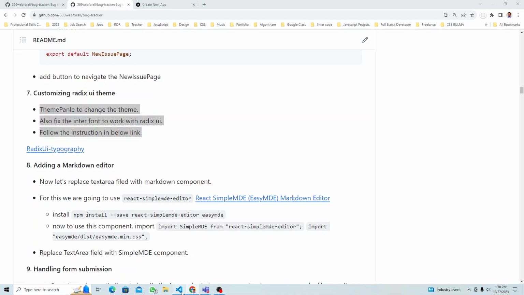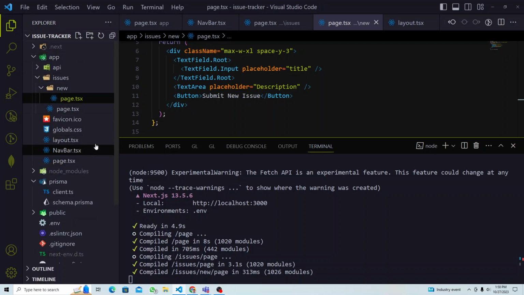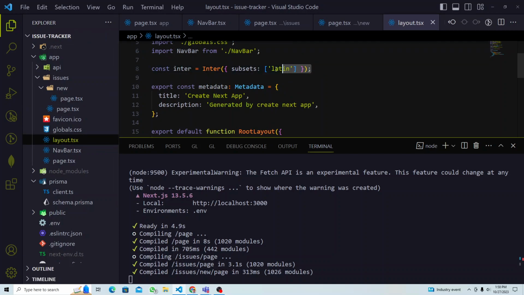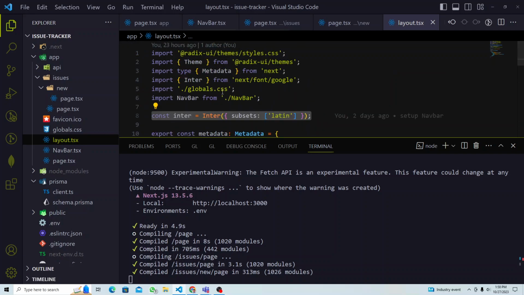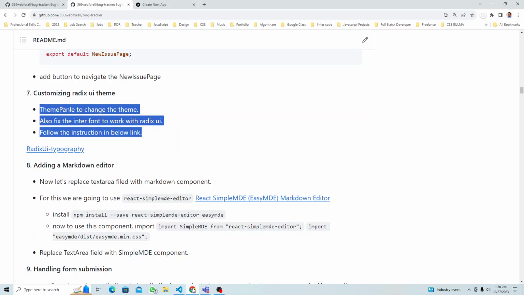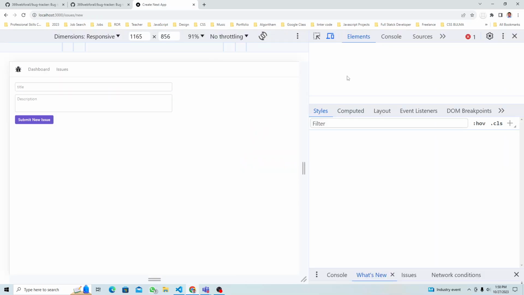Basically, if you look at our code, if you go to the layout, you see the Inter font. This font is by default from Next.js. But now we are using Redux UI, and somehow it will not work, right? So if I go to the inspect page,